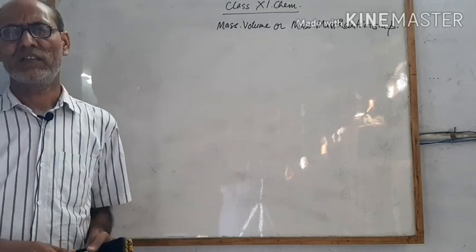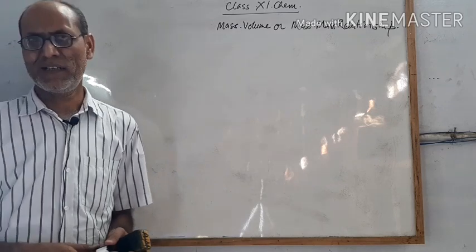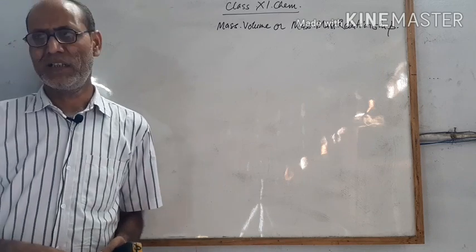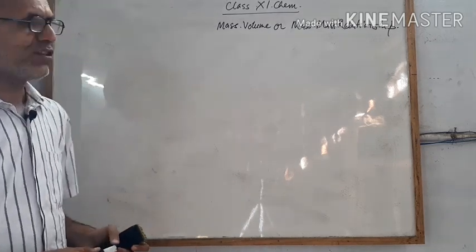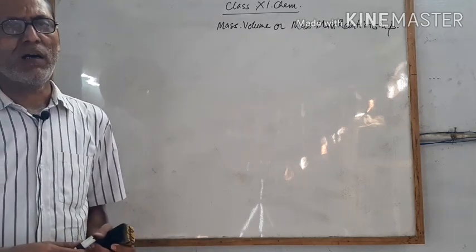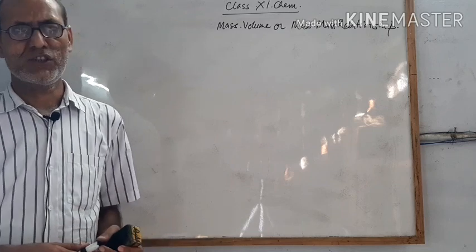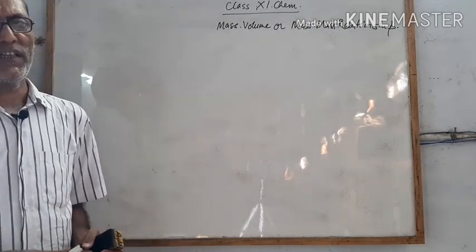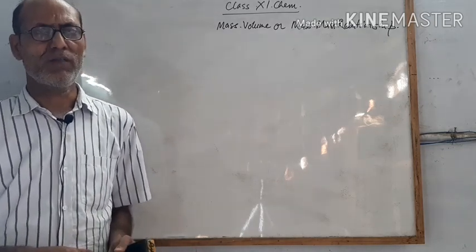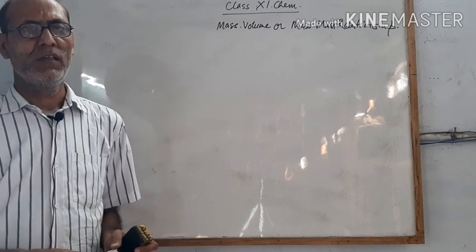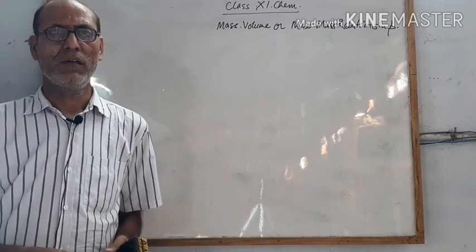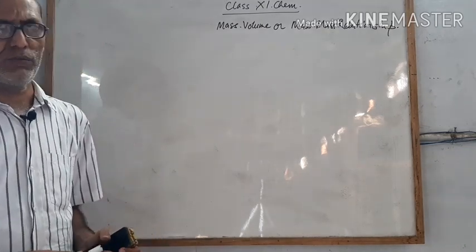This is a class 11th chemistry topic. It is a numerical based topic. In class 10th you have studied about chemical reactions. In this topic we will study about the reactants' amount and the products' formation. Suppose you take anything, what amount of product will form or what amount of reactant should be used. It can be in the form of mass or in the form of volume.